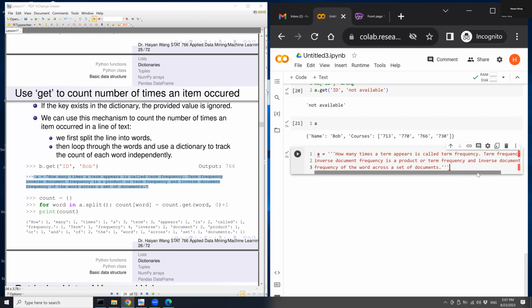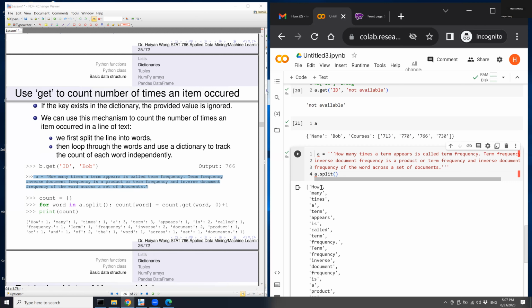And after this A is defined, the next thing you want to do is A.split with parentheses. This will print each of the individual words as a member inside of the list. So A.split returns the individual words separated together in the list. Okay, so that's my list now. And I can go through this list,